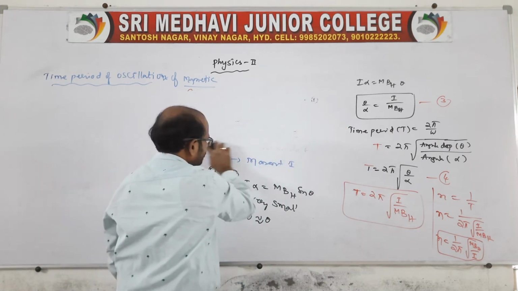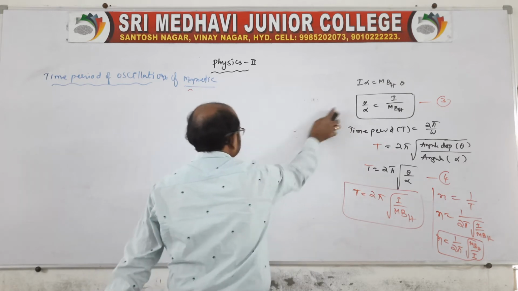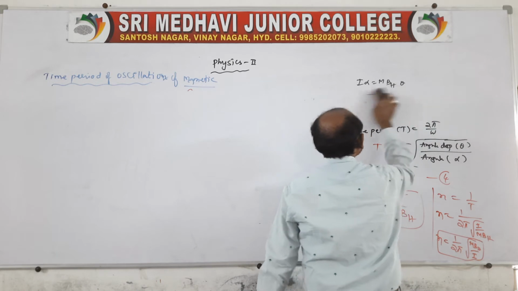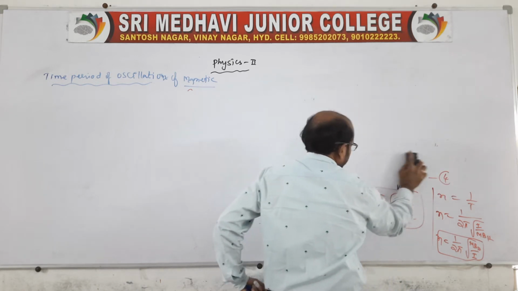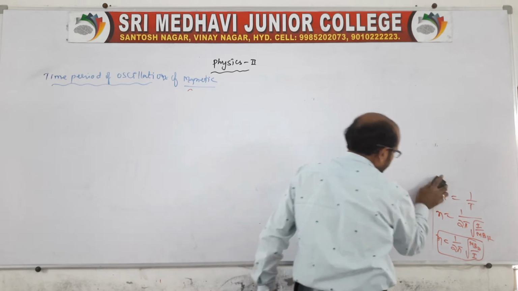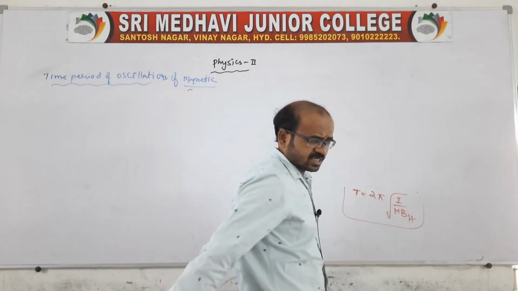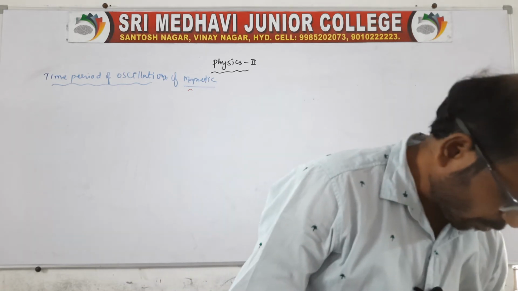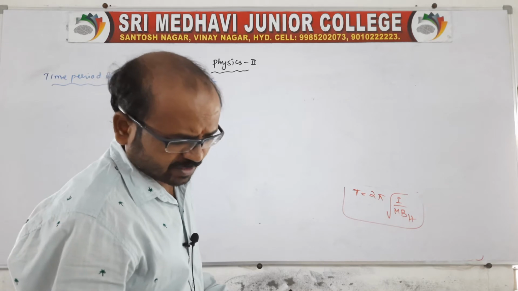I is nothing but the moment of inertia of the given bar, because it is like a uniform thin rod. So we can say it is the moment of inertia about an axis passing through its center, or it may be passing through one end also, we know the moment of inertia that we should take. I'll tell you, on the basis of this, we have another one also.